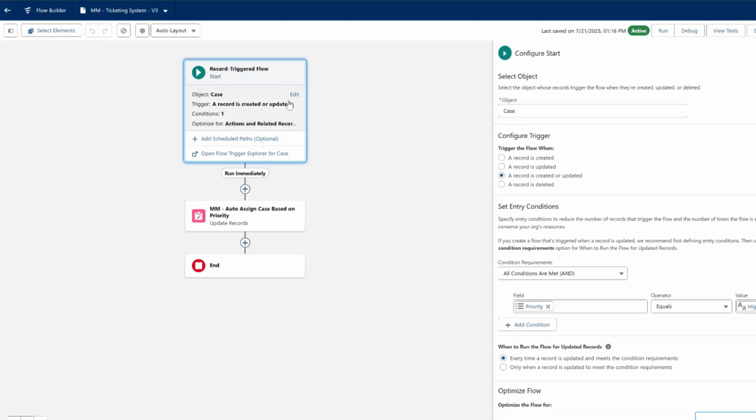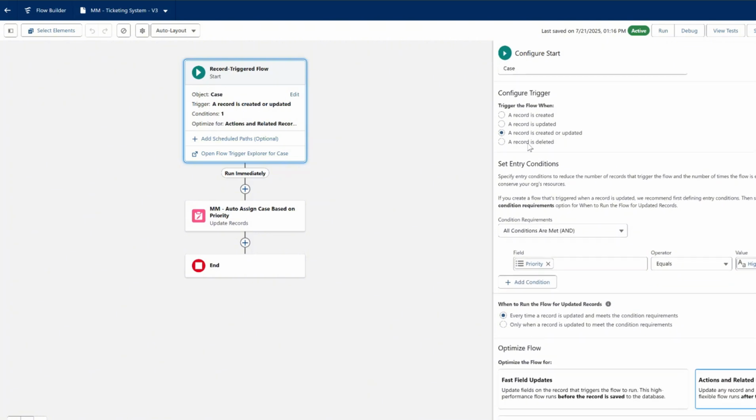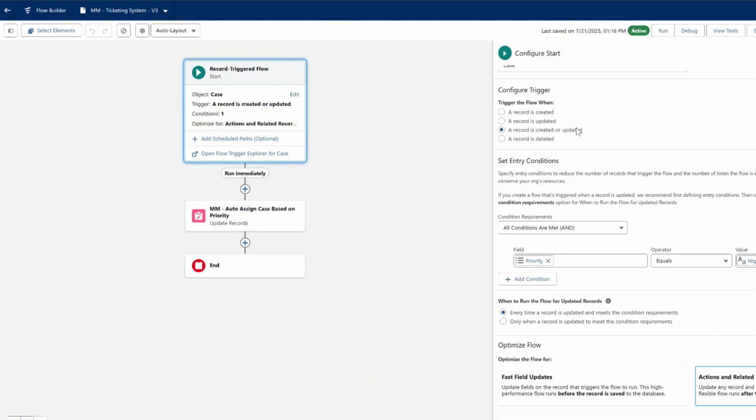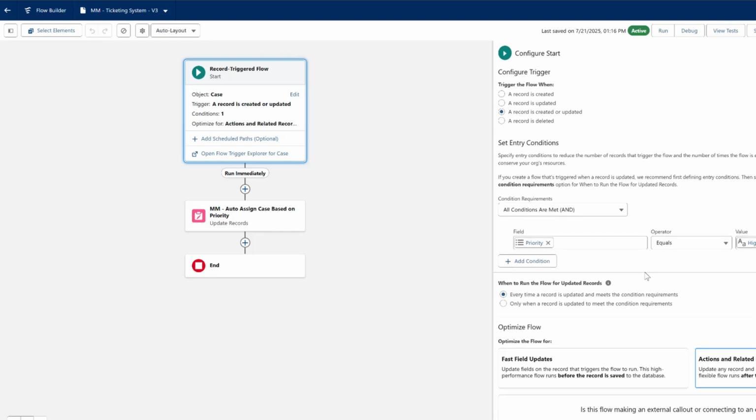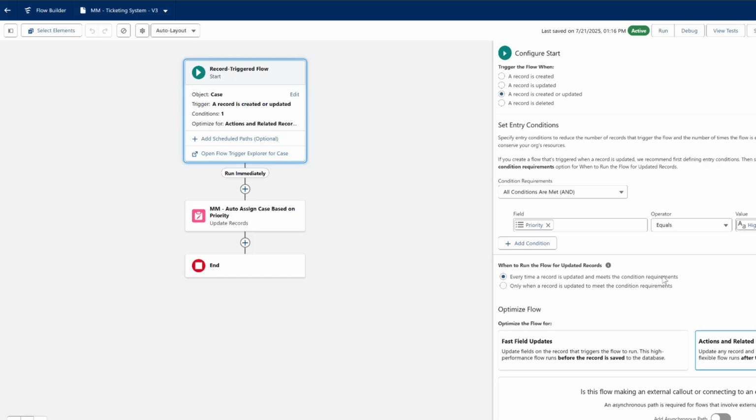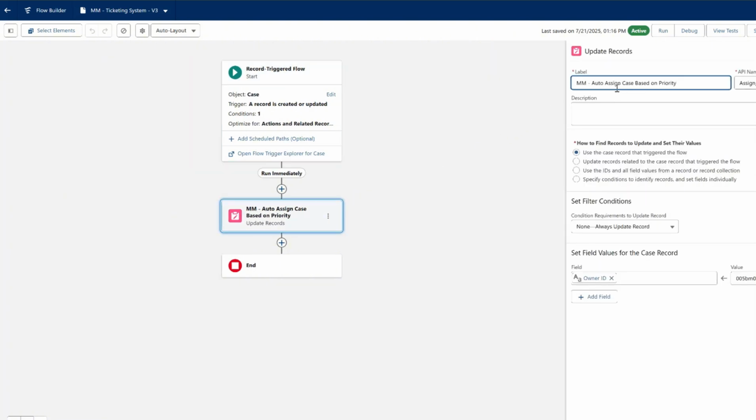We created a record triggered flow based off the case object. I set it to run when a record is created or updated, and then for all conditions are met. This one, I just have priority equals high, so you can make it whatever you want. Every time a record is updated to meet condition requirements, it runs the actions and related records right there. So it runs immediately when a record is either created or updated, and then it's auto assigned right here based